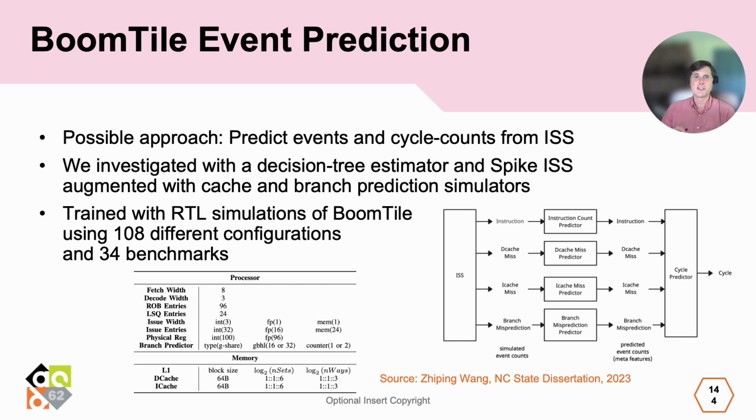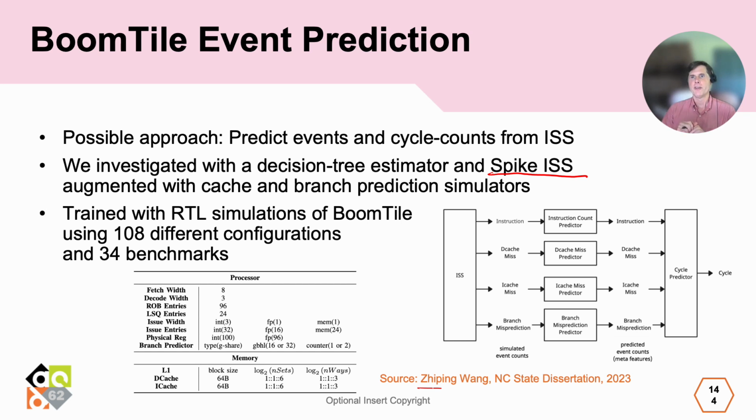But one of the things that we thought about doing that we didn't have time for, which would be much simpler than including a detailed timing simulator, is to just predict the number of events for each one of these function units just based on an instruction trace coming from the instruction set simulator. So just to give a shout out to my student Jiping Wang, who did an investigation of this, where he used a decision tree estimator along with the instruction set simulator for RISC-V, which is called Spike, and then he